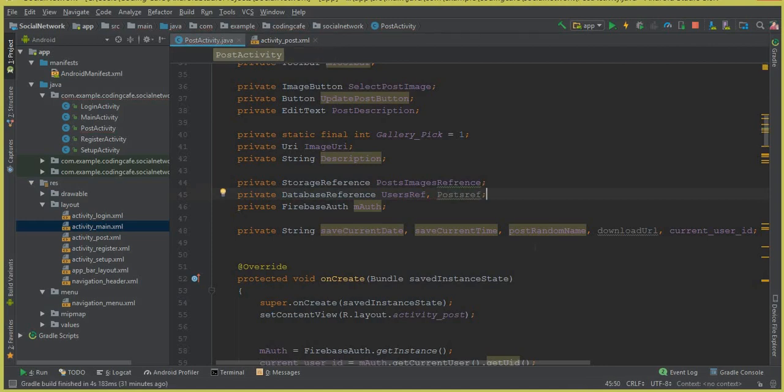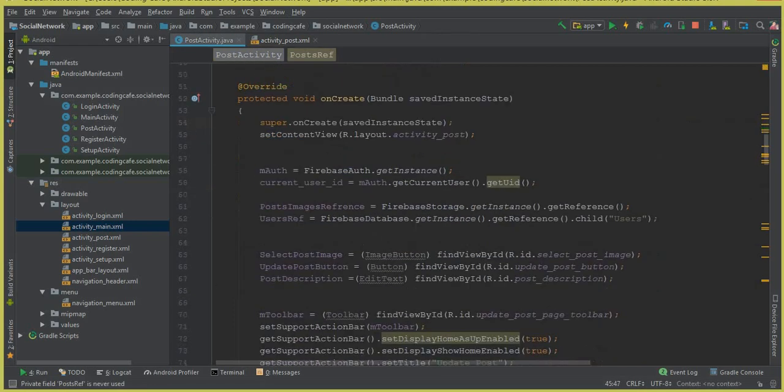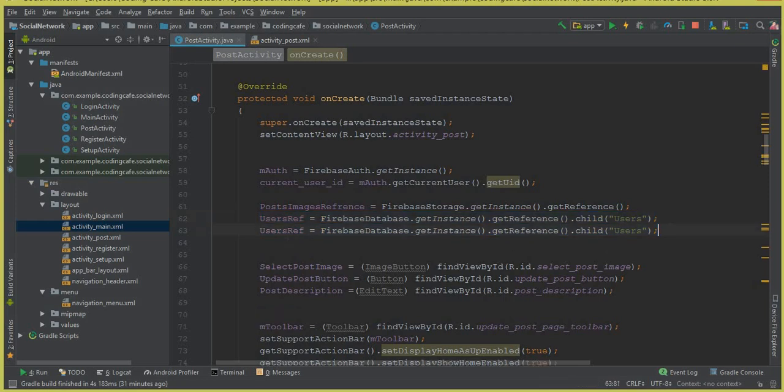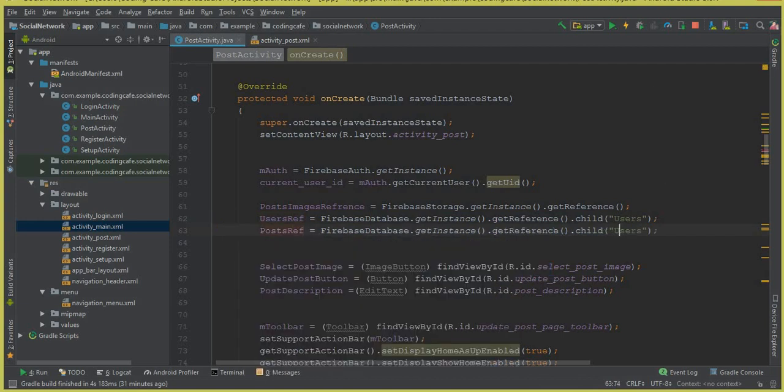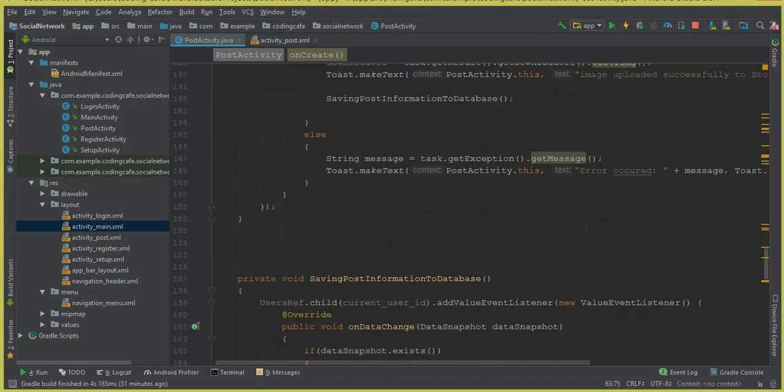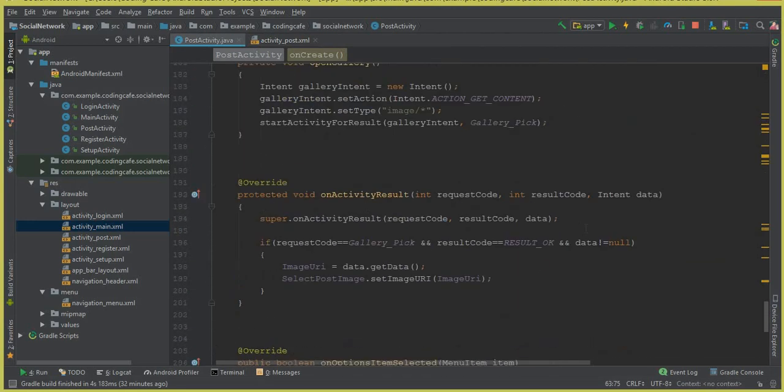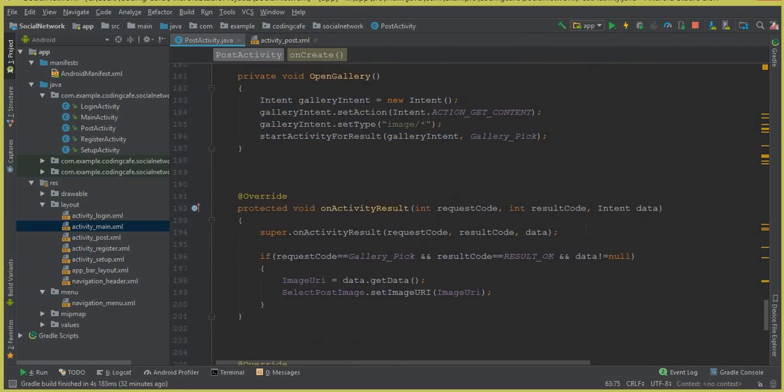So this is our post ref, and now come down here, we can say, let's copy this for the time saving and let's paste it, and we will change it to the post ref. And now we are going to create the post node. So this is our post node reference. So come down here inside our method, which is this one,